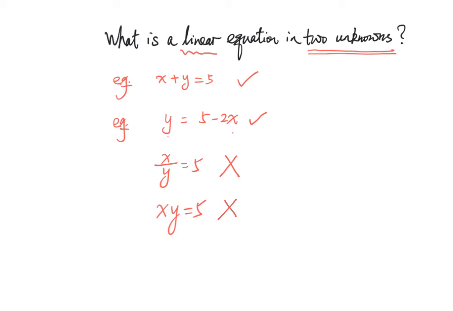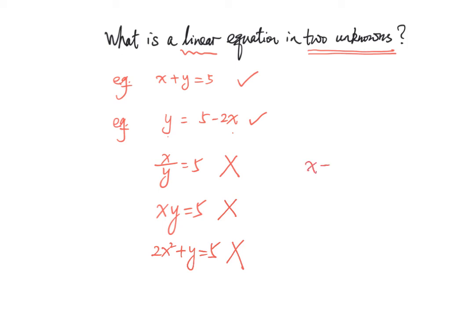How about 2x squared plus y equal to 5? This is not a linear equation in two unknowns. Although this equation contains two unknowns x and y, the power of x is not equal to 1, so this is not linear. Okay,